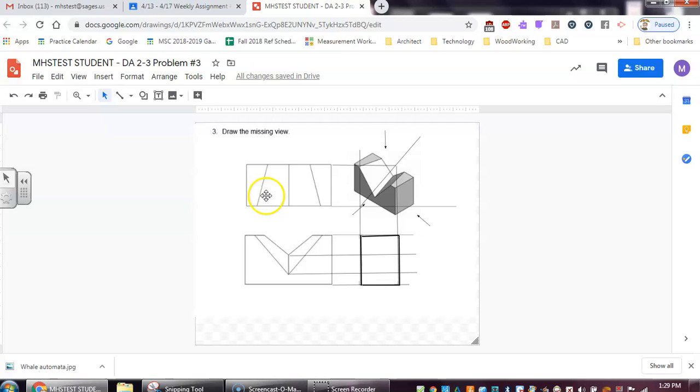We can't really tell that from our top view, but we can make some assumptions about it. And what we do see is this line here. So just to get us thinking along this line, I'm going to draw that line there,